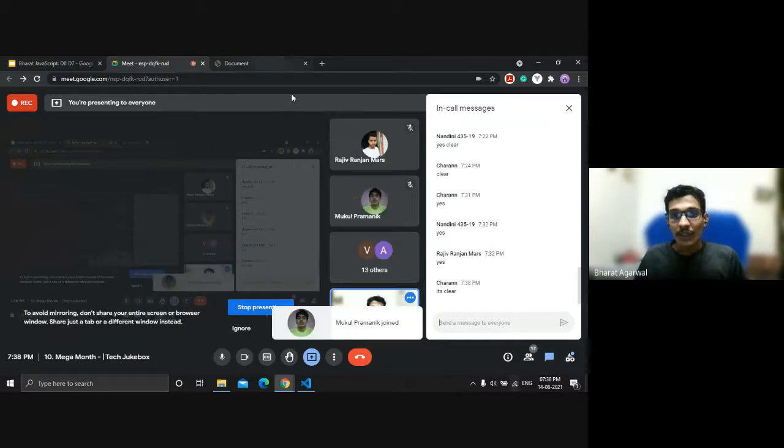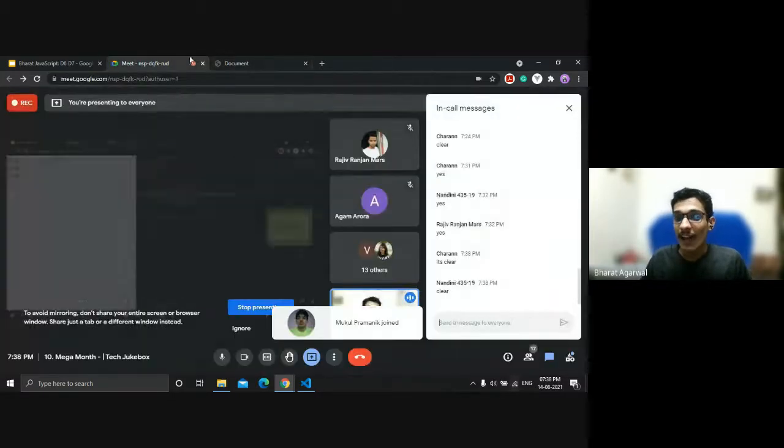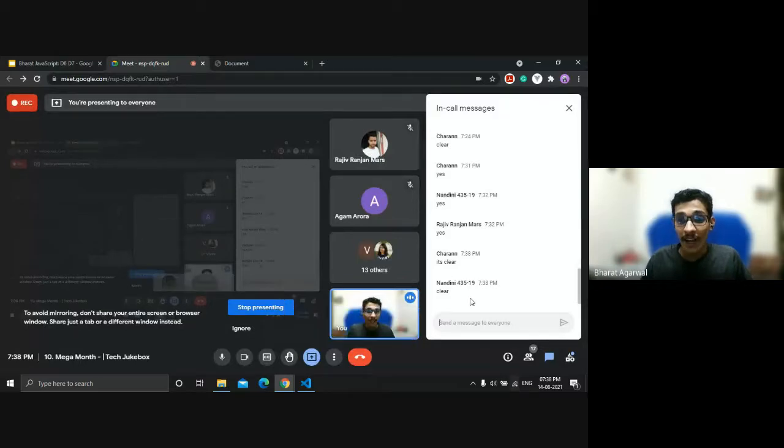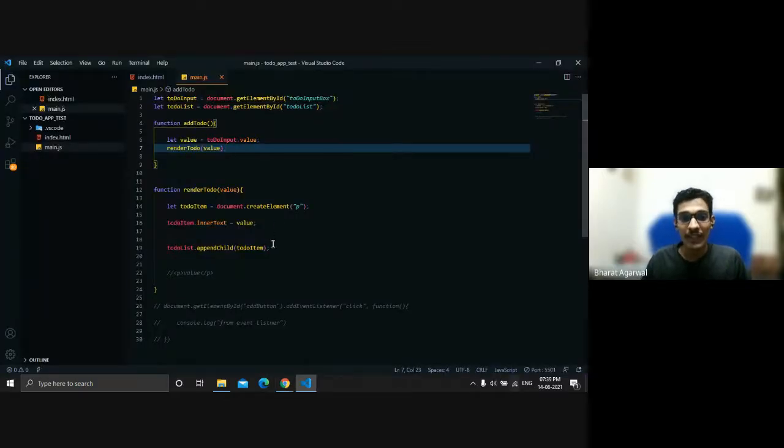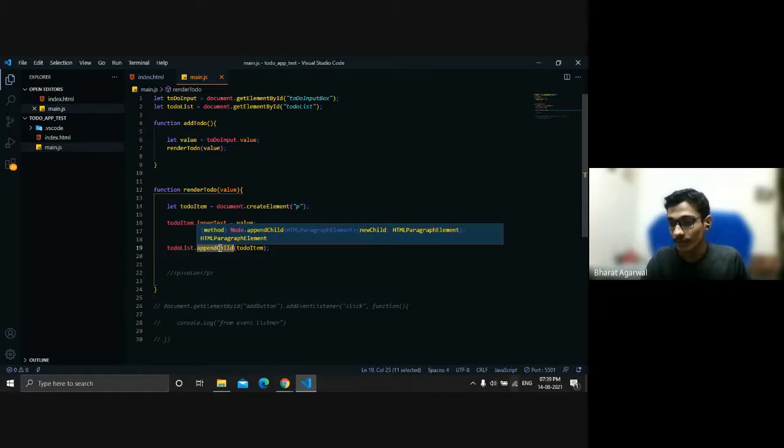Cool. So we have seen how we can add an element, but we haven't seen how we can delete a node from it. JavaScript and the DOM give us this feature as well. We can delete a node as well. It is pretty simple. Instead of writing append, we can just use removeNode.